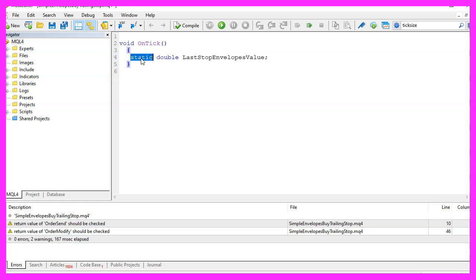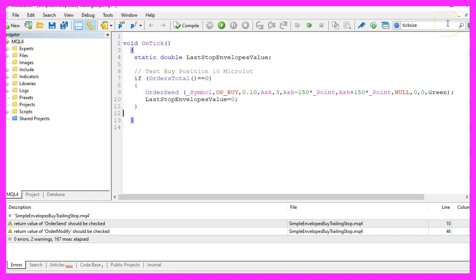We start by creating a static variable. It's a double variable, and we are going to use it to save the value for the last stop loss. And to use a trailing stop, we obviously need to create a test position. You wouldn't do that on a real account, but on a demo account we will check if orders total equals 0.